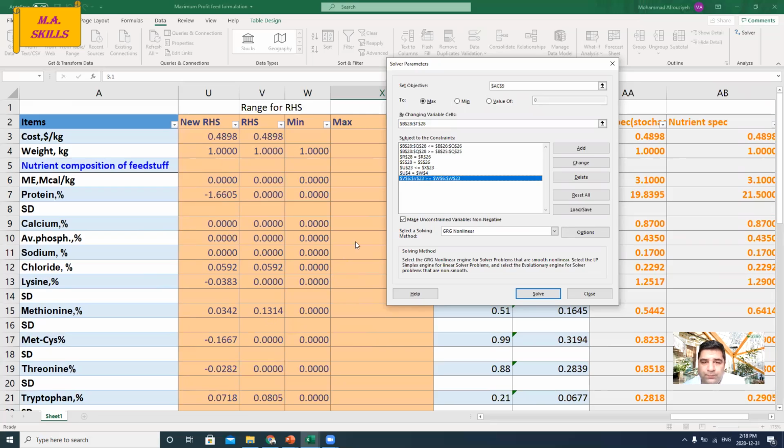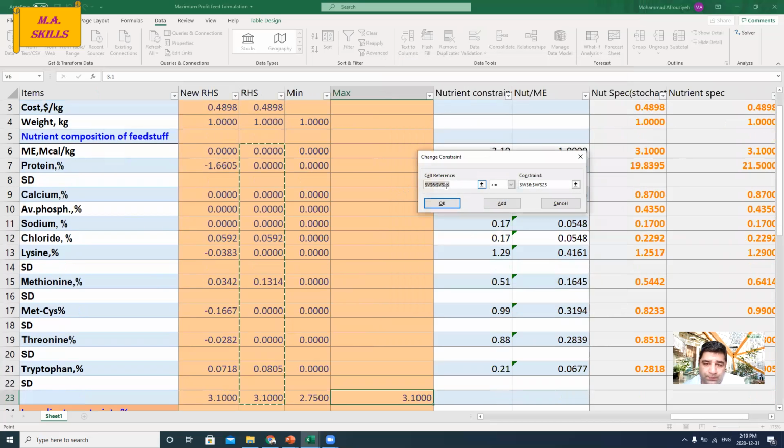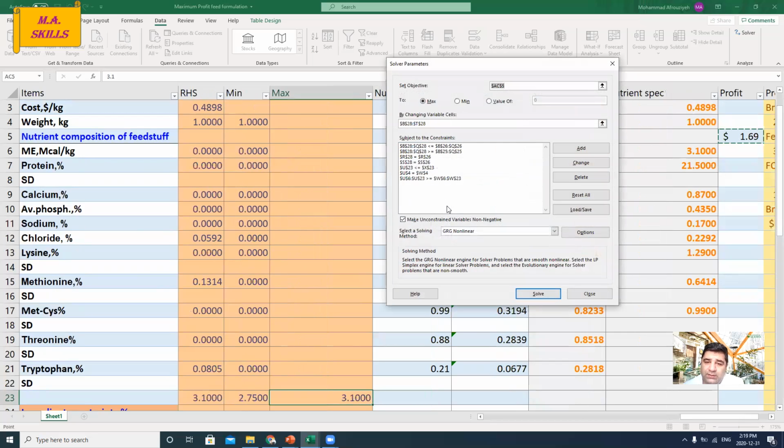And here, I've got V6 to V23 should be greater or equal to W6 to W23. I need to just change it. And instead of V, I'm going to put U column. It means that new RHS. Because new RHS is based on